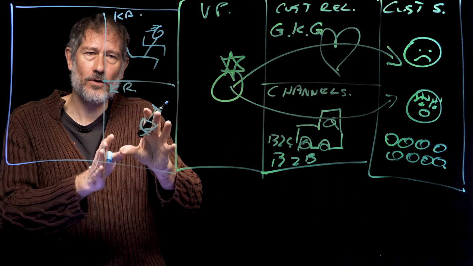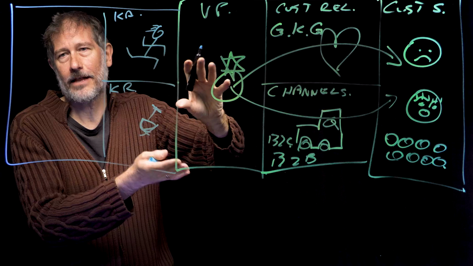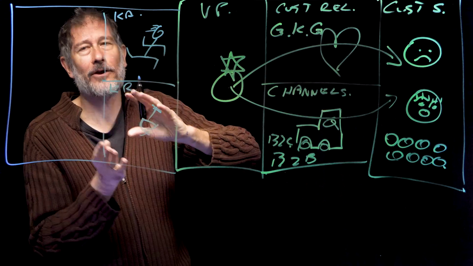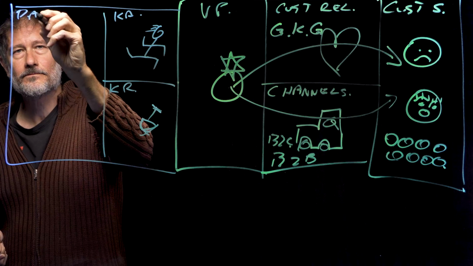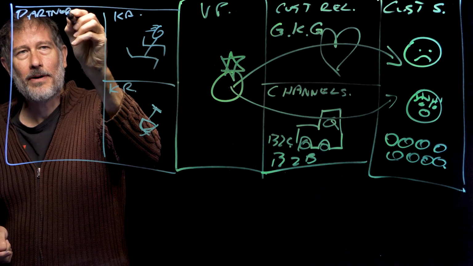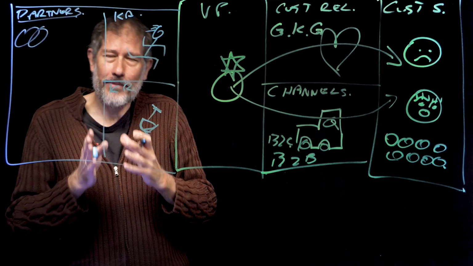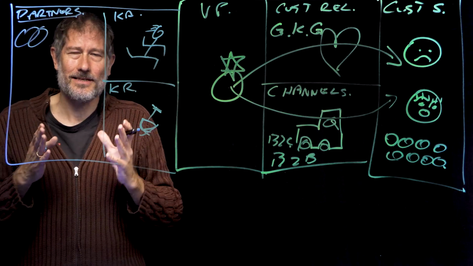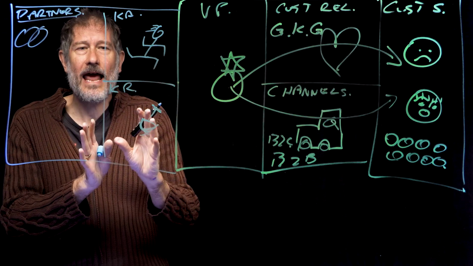And so the key resources and the key activities really start to talk to, well, how are you going to deliver that value? How are you going to develop it, deliver it, and how are you going to get it to your customers? And then over here, we've got this section called partners. So partners is really important because partners, let's use a couple of rings there, really starts to explain to us how do we actually do all of this without having to build